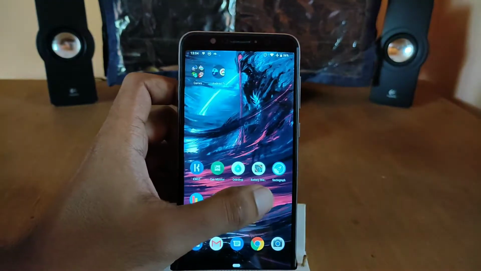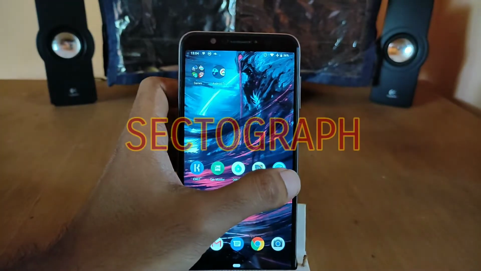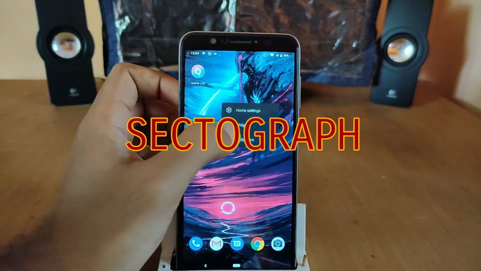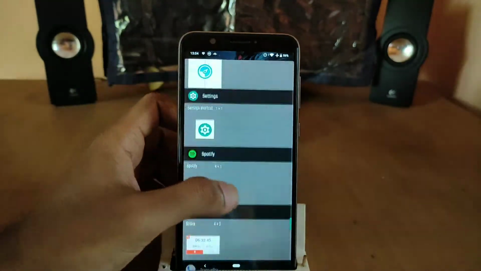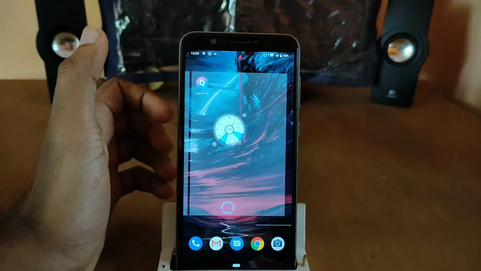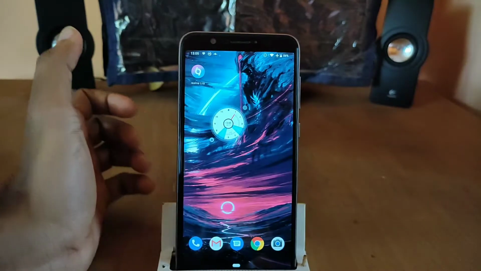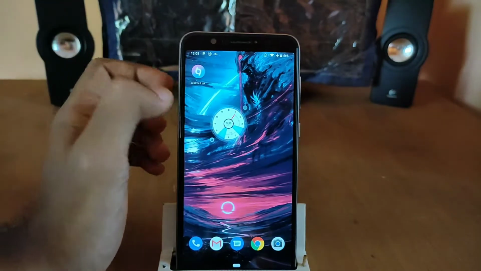So guys, the next app, or the next widget on the list, is called Sectograph. Sectograph is basically a widget that reminds you of your daily tasks. It keeps track of all your daily tasks, or whatever tasks have been aligned by you for you throughout the day.